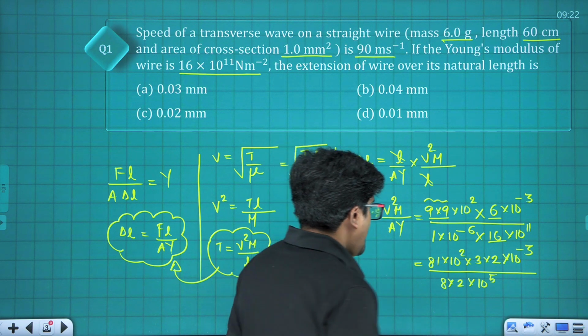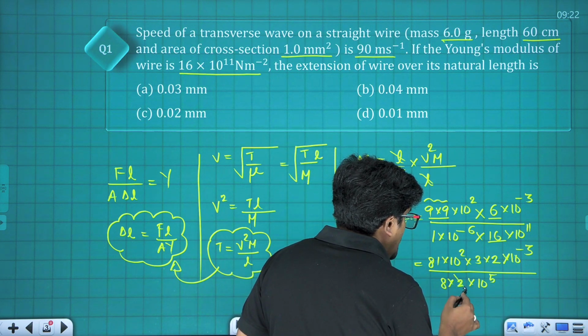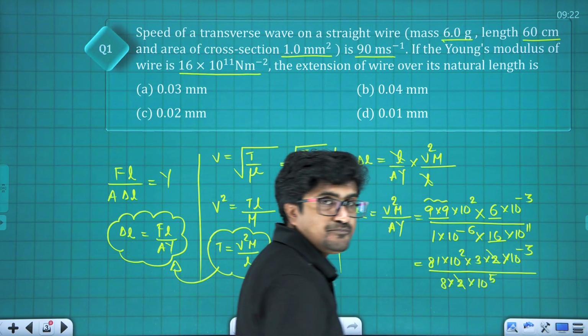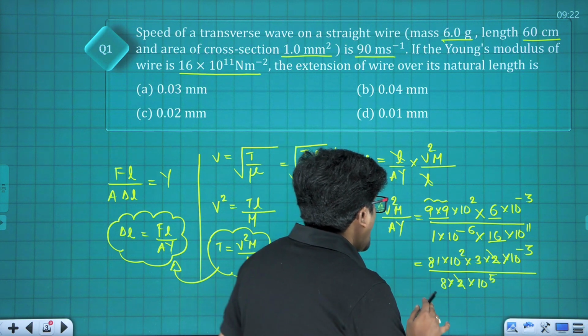It's 10 to power minus 5. Sorry, 10 to power plus 5. So here these two will cancel each other, and what I am now left with is